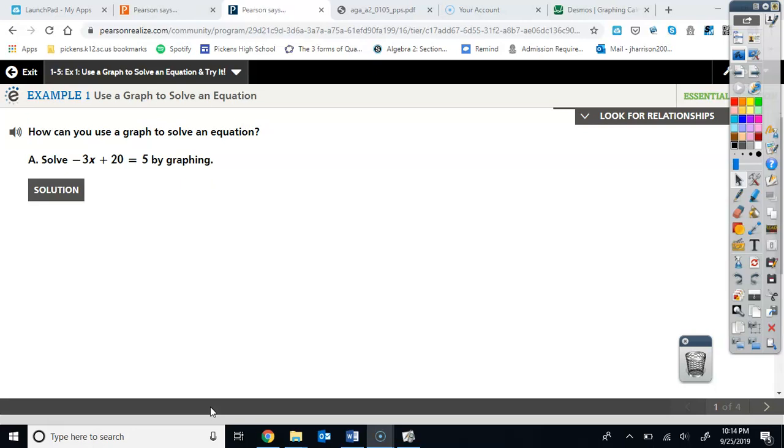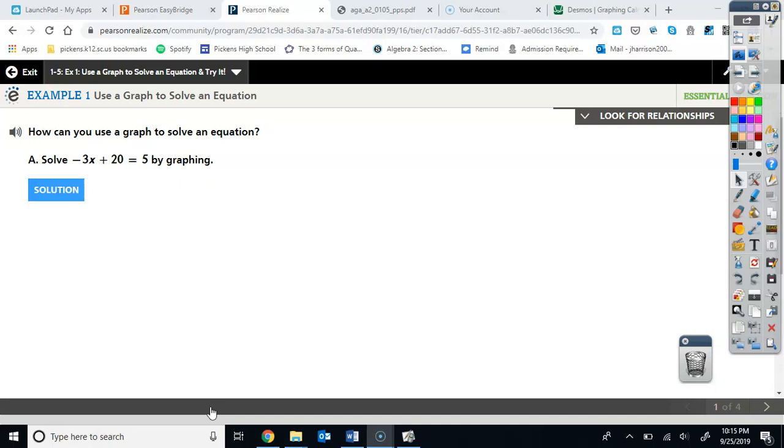I am going to allow you to utilize technology a little bit more in this section. So you will be able to use the graphing calculators in my class, as well as Desmos. So this will probably be on a separate page when it comes to your test in class. So notice it says, how can you use a graph to solve an equation? If you have negative 3x plus 20 equal to 5, one option for solving this by graphing it is to